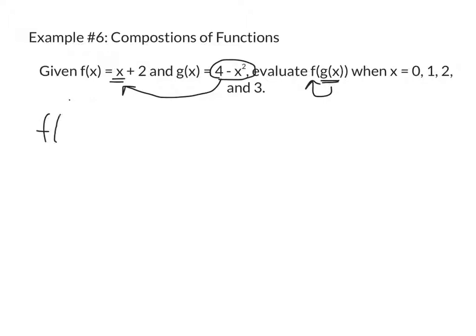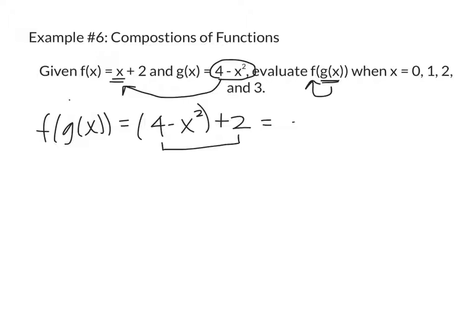So f of g of x will look like 4 minus x squared and then plus 2. Because it's all being combined just by addition, it's like I don't see the parentheses. And so 4 and 2 are like terms to give me 6. And so if I put it in standard form, this becomes negative x squared plus 6. All right, perfect. Now we will find f of g of 0,